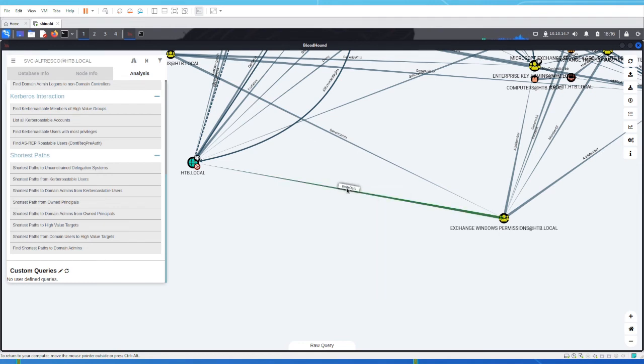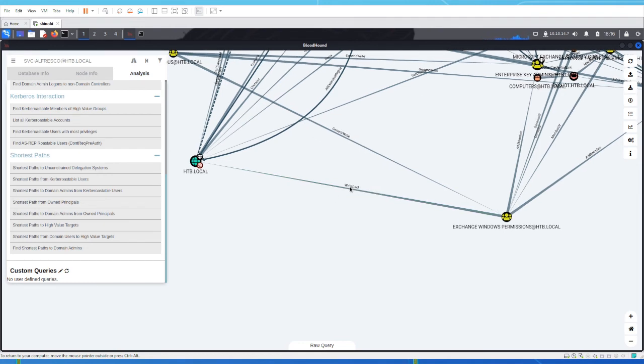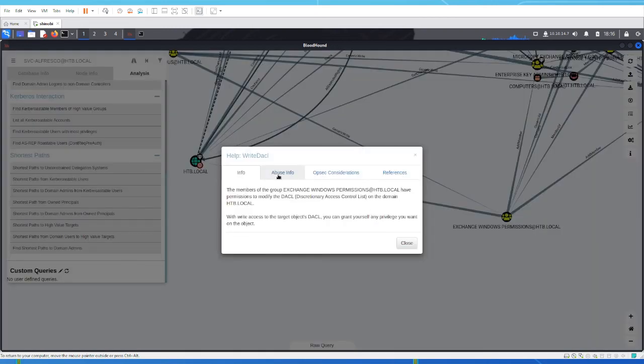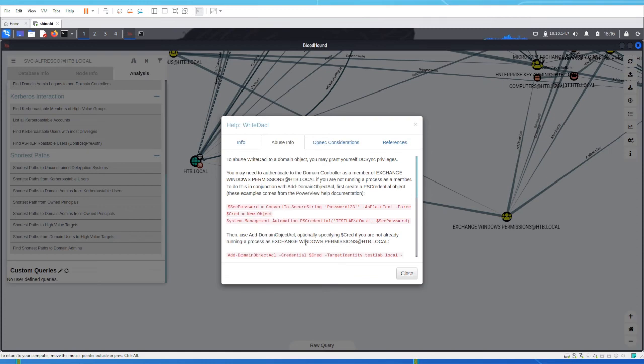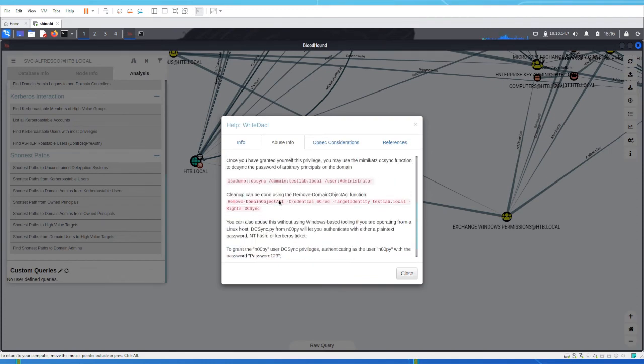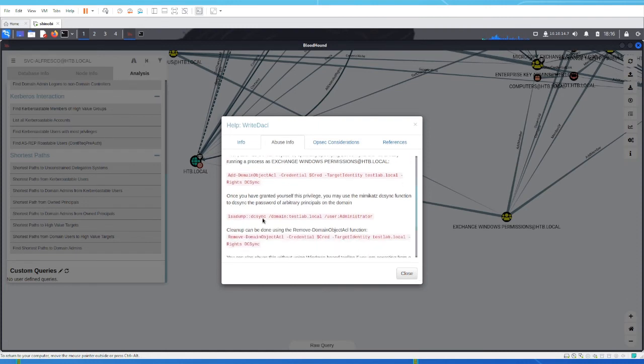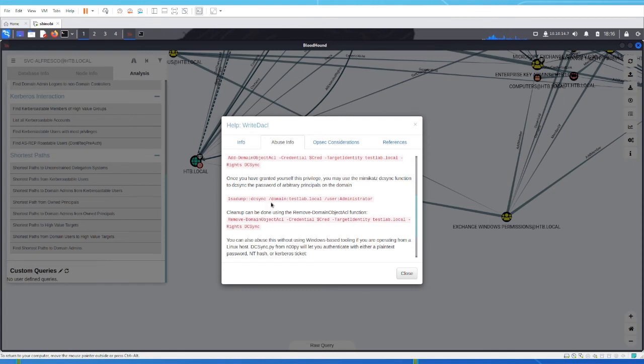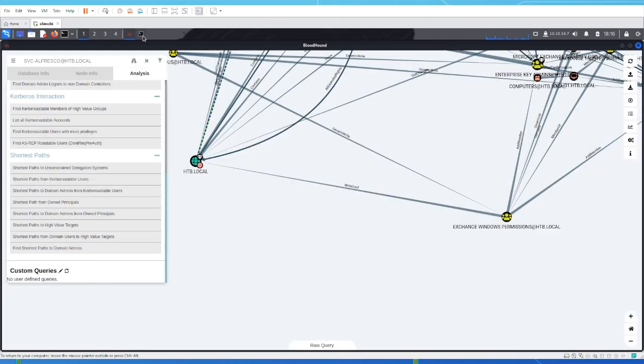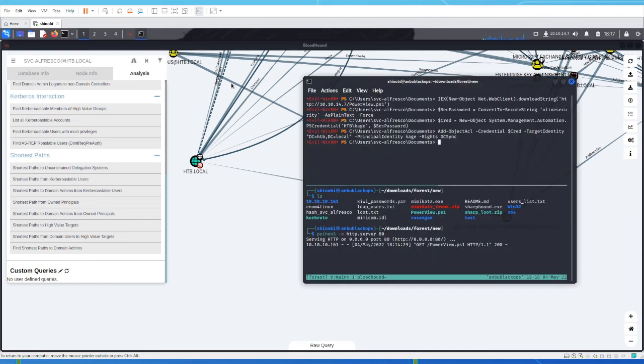Here, let me right click this. Whoops. All right, so we can pretty much do anything on http.local. What we're specifically doing is giving ourselves permission to do a DC sync attack. That's what this is right here. We have given ourselves sufficient permission to do this attack. Now, the way they have us doing it right here is using Mimikatz. I'm not going to use Mimikatz to do this attack. I am going to use another